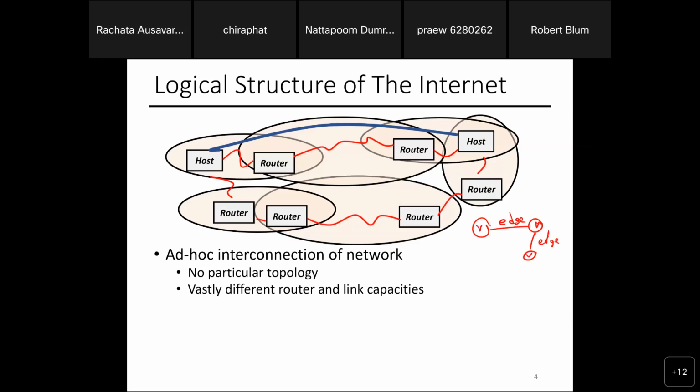A linked list is a graph. A tree is a graph, right? In this case, the graph is the router and the host as the vertices and the connection as the edge. Topology means how the graph looks, right?